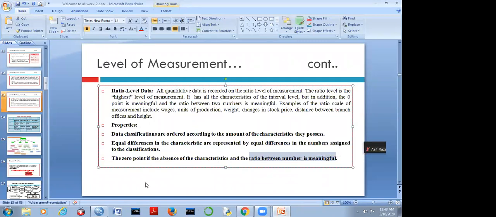If you say how much money is in your pocket right now and you say nil, nothing, so that nothing is denoted as 0. That is also part of